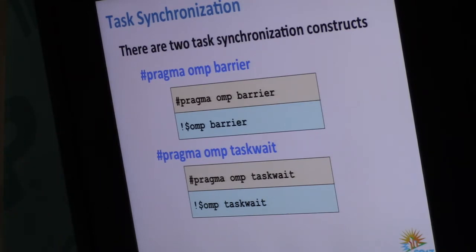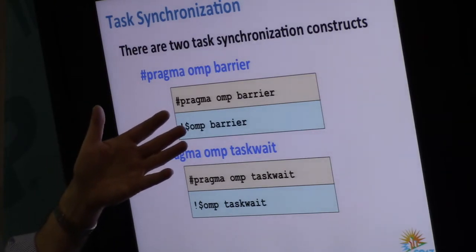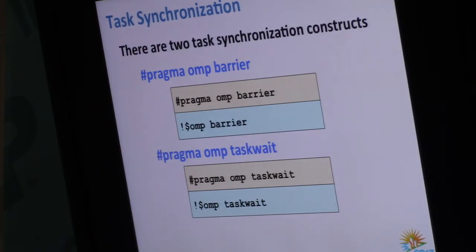Absolutely. The barrier is still the barrier. That's why you can't only have the barrier, because you wouldn't want to add a redundant barrier just to complete your tasks. That's why you have the taskwait, so you don't have the overhead and the implications of a barrier. So you definitely need your own construct. This is like a safety net. It just makes the whole system easier.